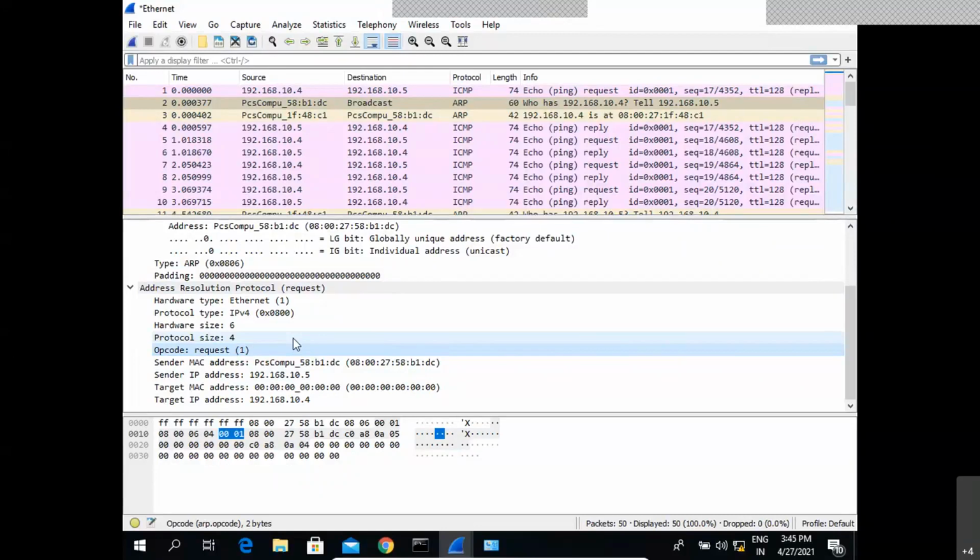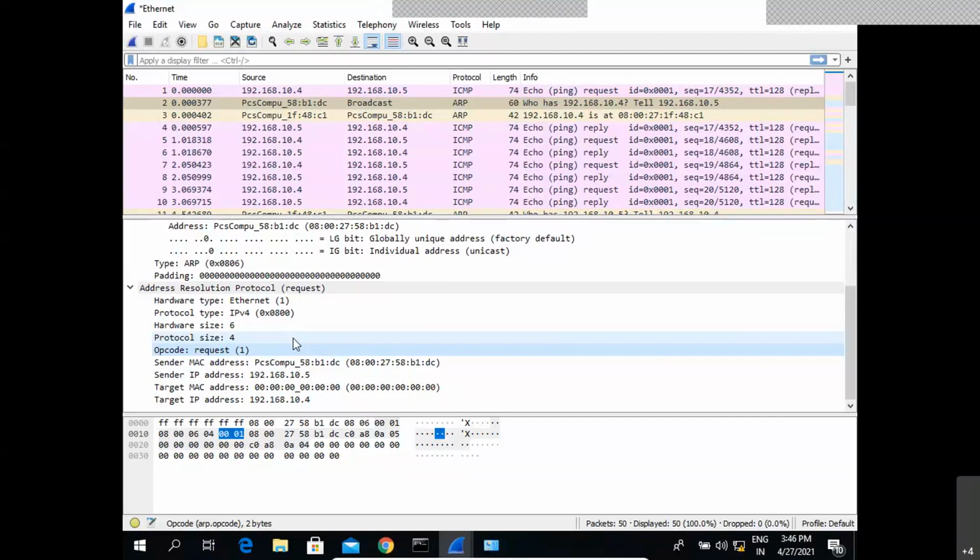Now here we can see the sender MAC address. Because I am initiating the connection, I will fill in my sender MAC address. I know what my IP address is also, so I will fill in my IP address also. But in the ARP header, you can observe that the target MAC address is filled with zeros. Why? Because we don't know what the target MAC address is. That is what we need to find out using this ARP protocol. So my target MAC address is filled with all zeros. But I know the target IP address. I know the IP address, and I want to get the MAC address of this particular destination IP. So this is how the ARP request will look. It is a broadcast, and I don't know the MAC address.